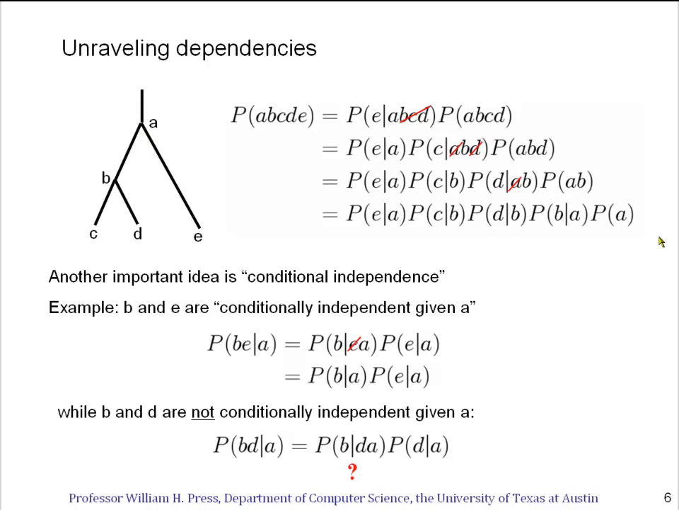There's an important idea lurking here, so let's make it explicit, and this is the idea of conditional independence. So for example, we can say that B and E are conditionally independent given A. Well, you can see in the picture what we're driving at there, but let's see it in the equations. What we mean by that is if we want to compute the probability of B and E given A,